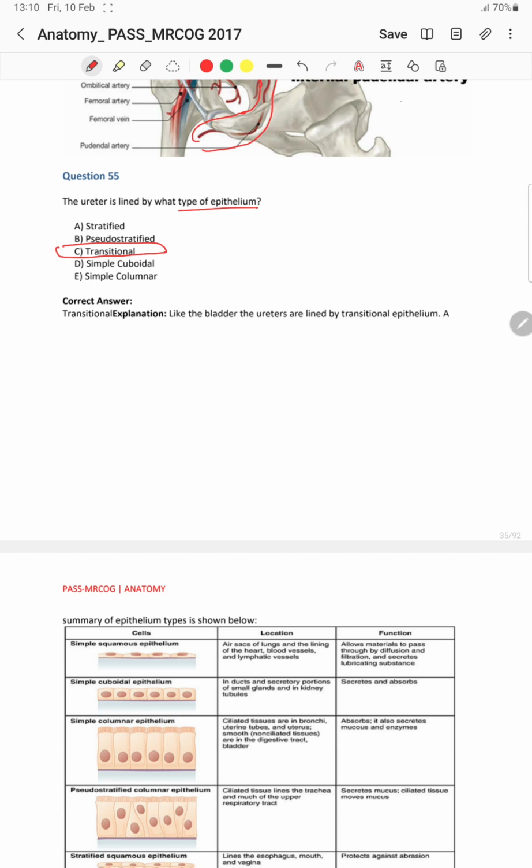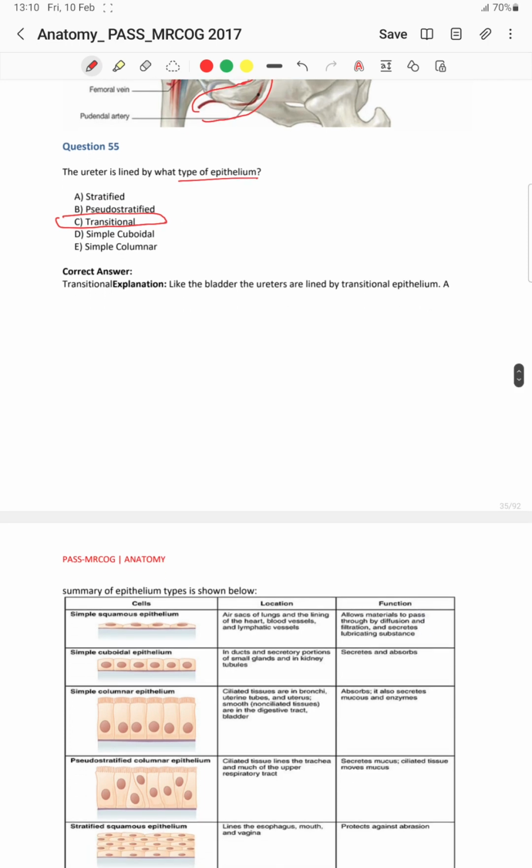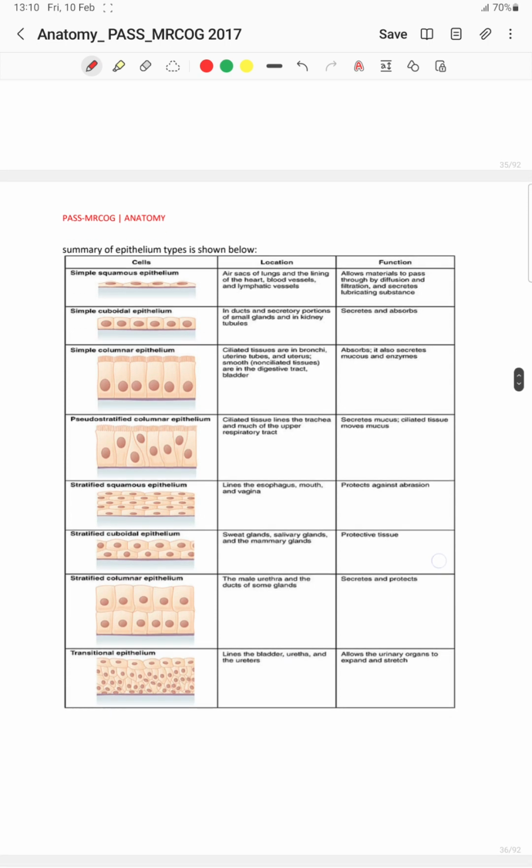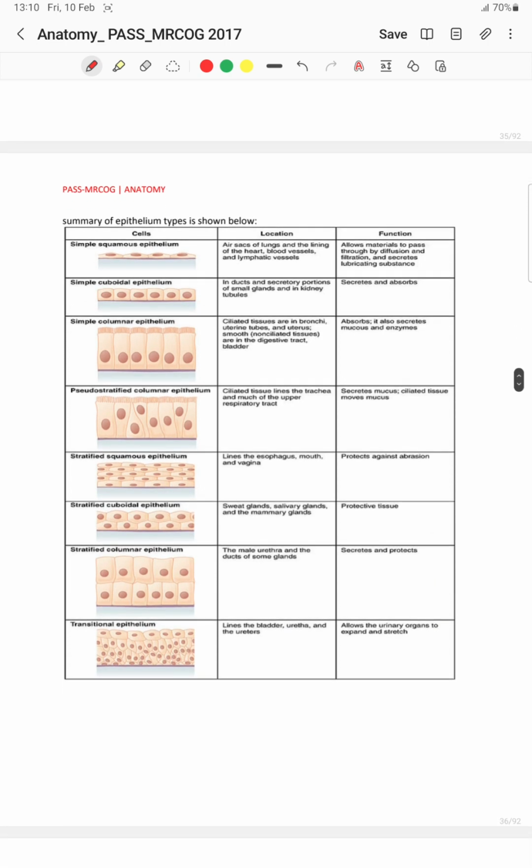It is a transitional epithelium which lines the ureter as well as the bladder. Okay, and here let us just see a few important epitheliums. Number one is the simple squamous epithelium, and it is usually present in the air sacs of the lungs and the linings of the heart, blood vessels, and the lymph vessels. The function is they allow the material to pass through by diffusion and filtration